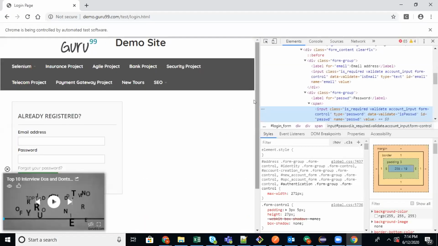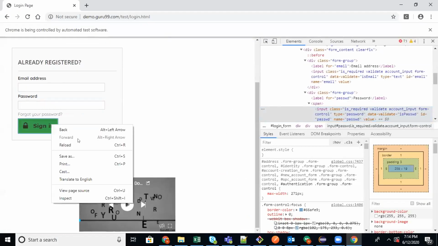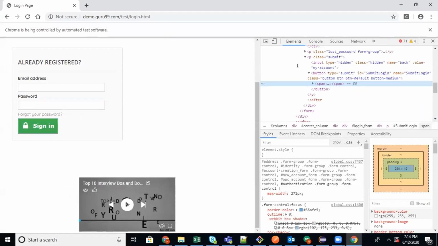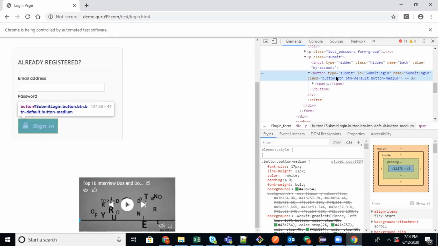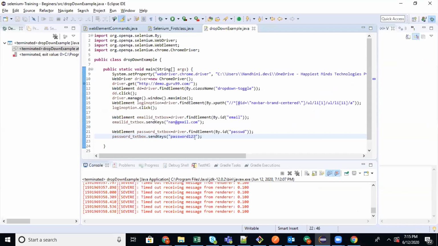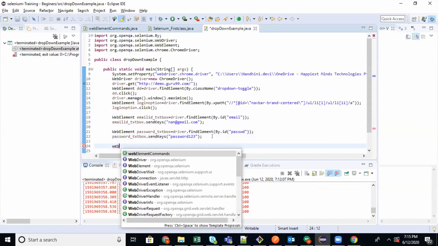What is the third thing we are going to do? We have to identify the sign in button. So see sign in button, the type is there, the ID value is there, name is there, class name is there. So here also I'm going to take the ID locator. When you are practicing, you can use anything you want to. Web element